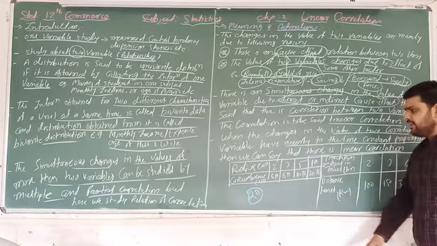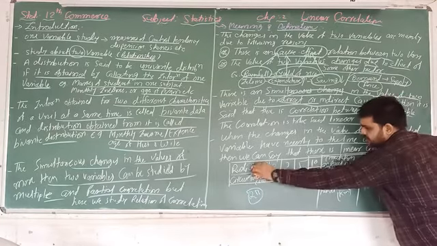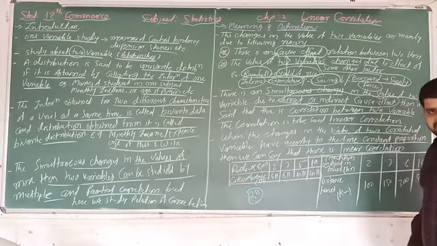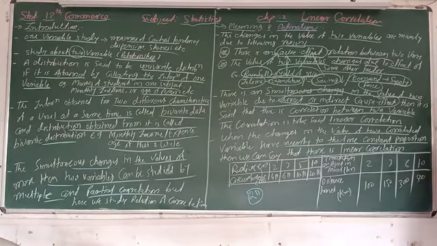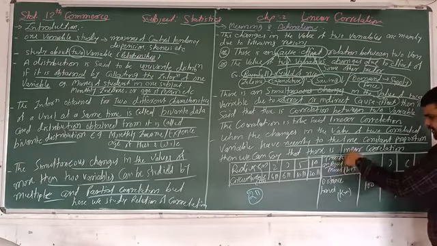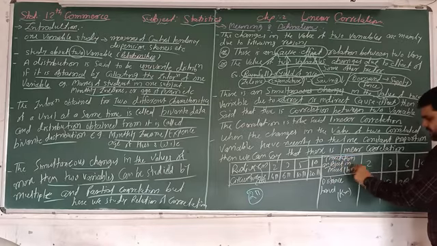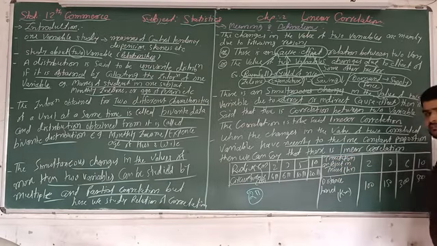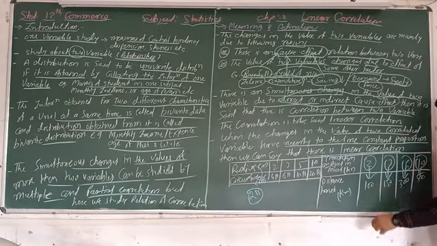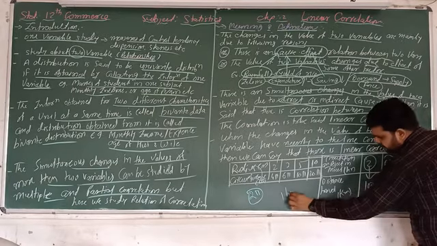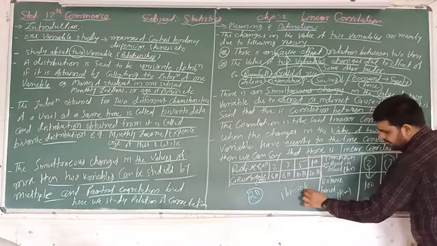So we can say that because of the change in radius, there is a change in circumference. Same here, the time taken by an object to travel is in hours and the distance travelled is in kilometers. Here, 2 hours is 100 kilometers, 3 hours is 150 kilometers, 6 hours is 300 kilometers, 10 hours is 500 kilometers. So we can say that 1 hour is equal to 50 kilometers.